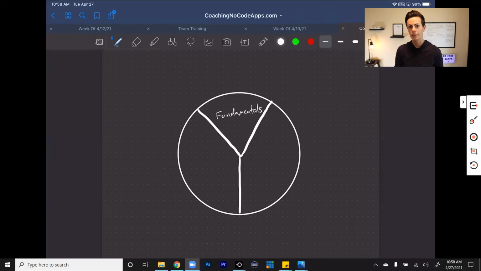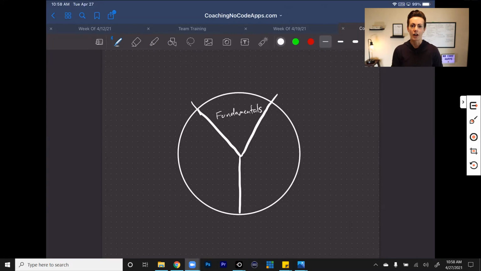And what I'm talking about here are the technical and strategic fundamentals that are involved with building and launching an app, okay? So for example, the clients who we work with, they don't learn a concept or a skill or a technique, implement it, and then never think about that again. No, they continue working on the fundamentals because the goal is not just to launch an app.